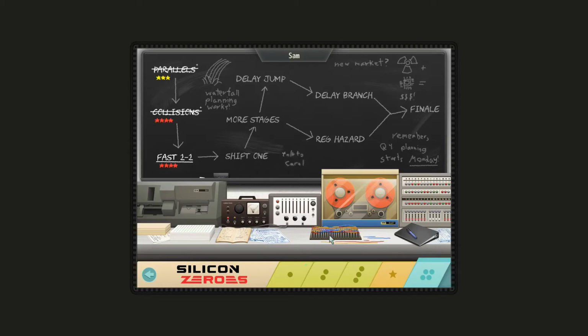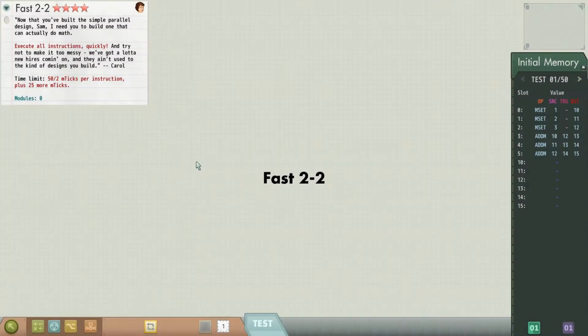I thought we would get back to the main track of the storyline. We've done a few asides, we did some multiplying and stuff. And next up is Fast 2-2, maybe? Not sure if that's 2 minus 2 or what, but